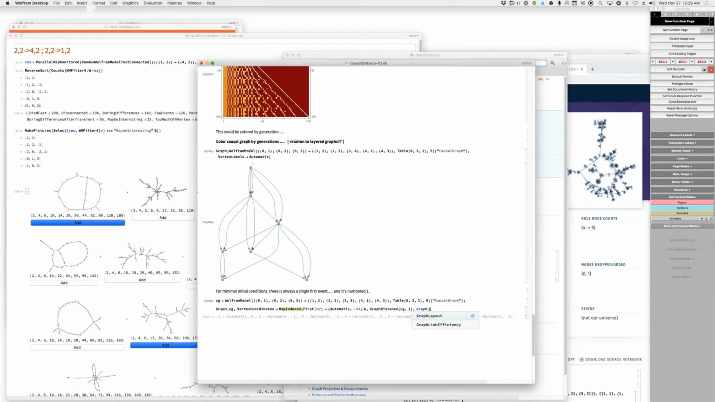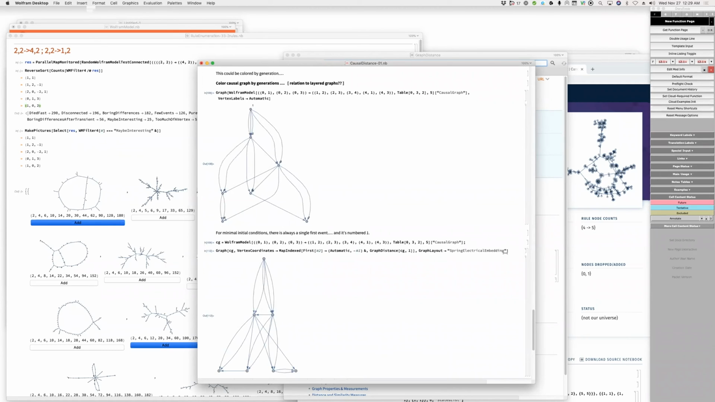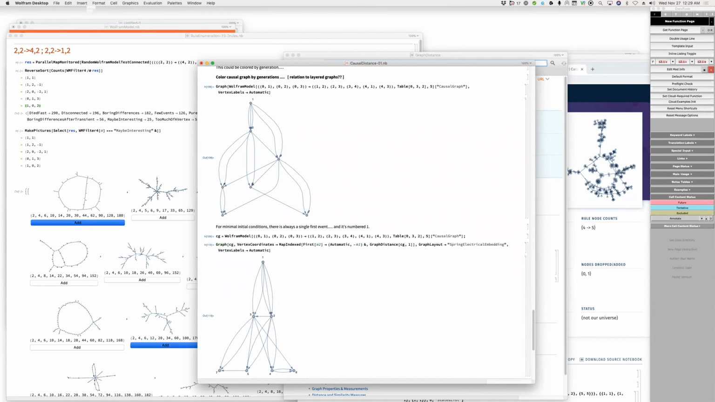Do we have to say that explicitly? Yes, probably. Spring electrical. It should be one level out. It's not in the map index. Like this. Okay. That's very nice. That's very nice. So that will give us